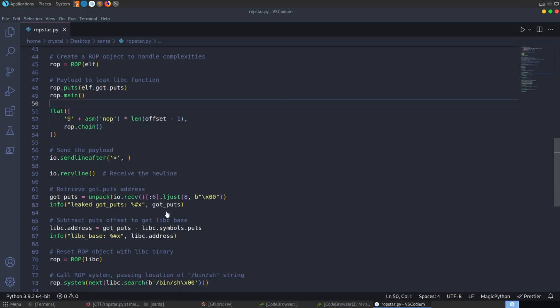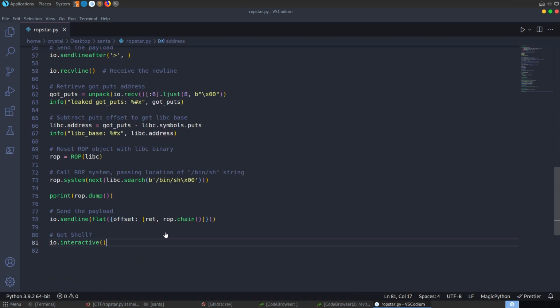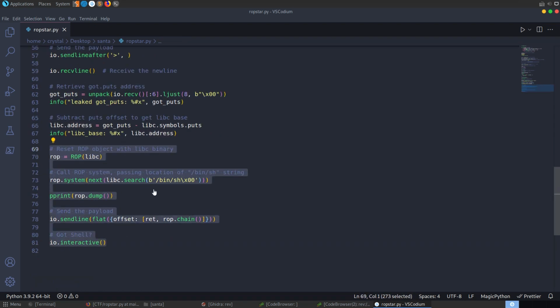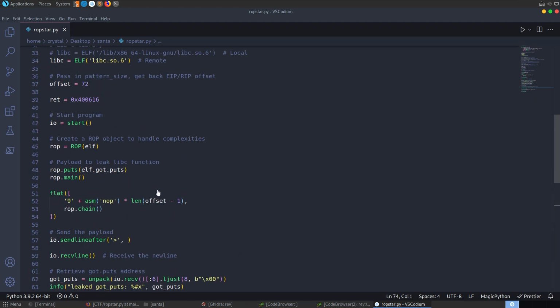And again, we're looking to do the same thing. We're looking to leak an item from the global offset table, and then we're going to find our way back to the lib-c base address, and then from there we're going to do another payload where we want to call system. But let's go and have a look at some potential issues here, because you can see we're calling rop.puts here,